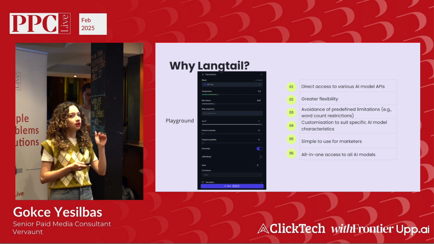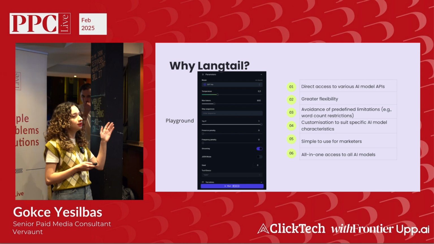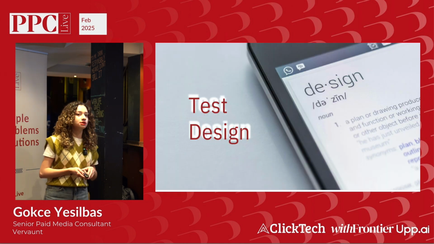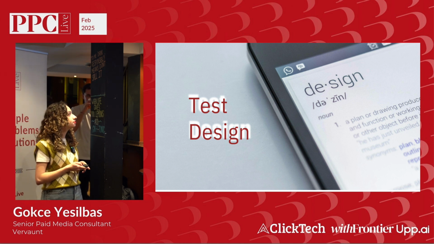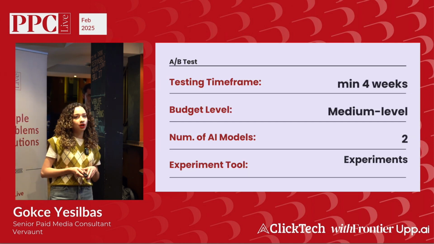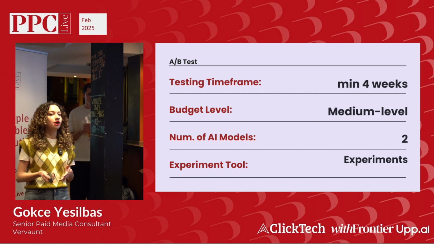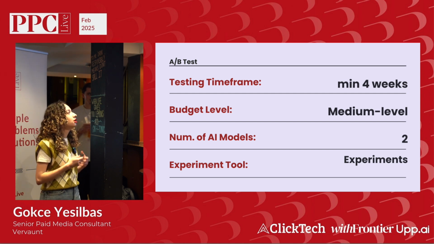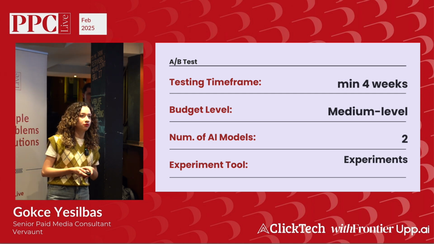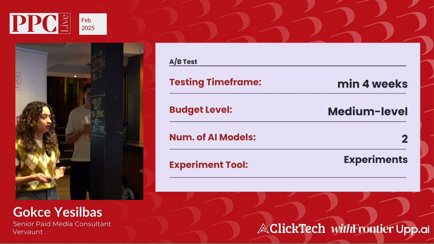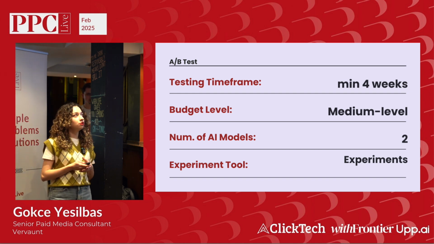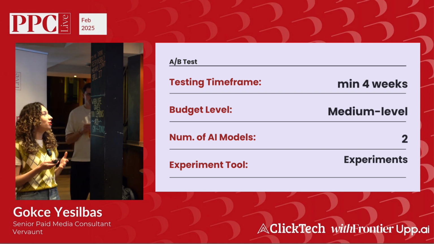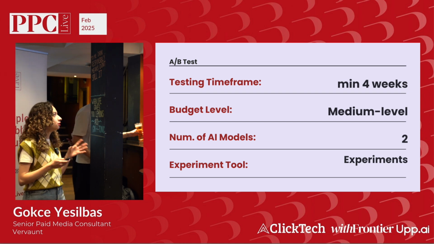And you can run all of this process in Langtail's playground feature. So let's look at our test design. You can run an A/B test or a multivariate test. For your A/B testing, I recommend running this test for a minimum of 4 weeks after you pass the learning period. And you can choose a medium-level budget campaign according to your monthly budgets, and you should use